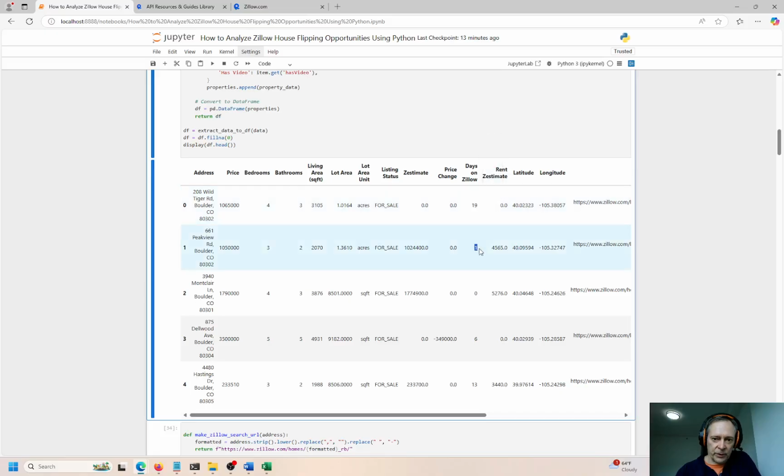So I see 19.1. That one just came out. This one looks like it's maybe gone or something. It's missing some data. And then you have this over here, Zillow estimate. So that's for renting. Rent estimate. Is that 1.79? That seems a little bit